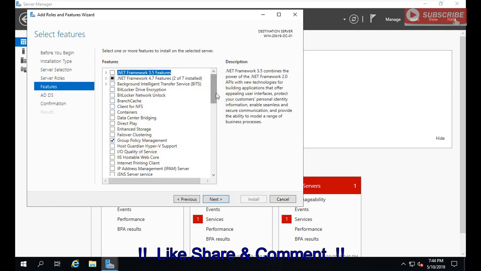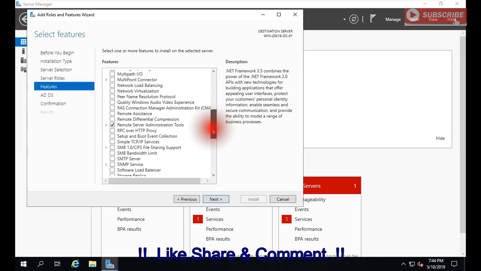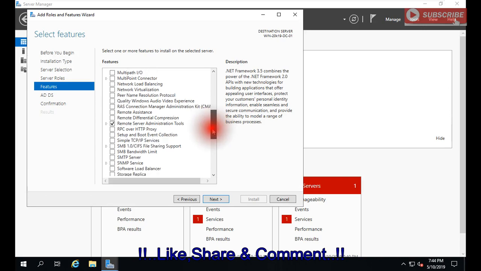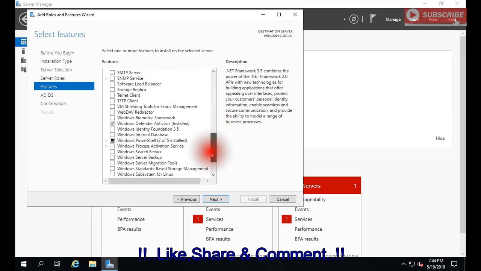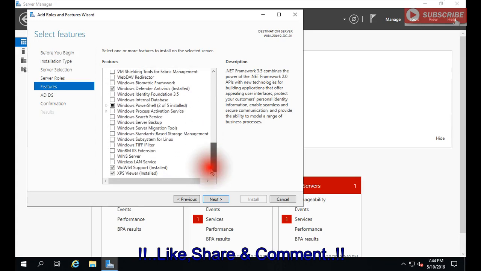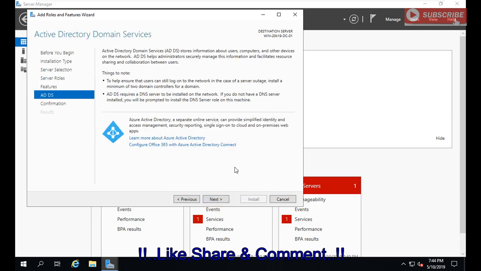Group policy management is core for management, remote server administration tools. So these will be installed automatically. Okay, in Windows PowerShell, I have not selected anything, so I'm just clicking next here, and it is telling